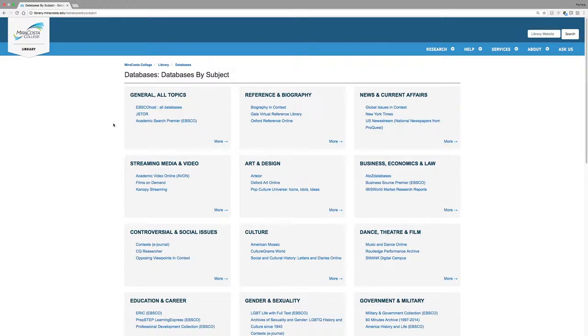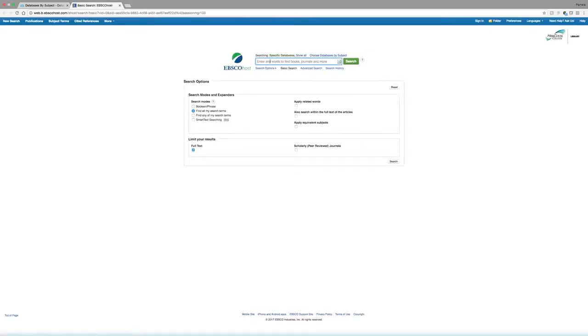As explained in the lecture, Academic Search Premier has thousands of magazines and journals and some newspapers. So it's a good place to start when you're looking for periodicals. We're going to use the basic search. Later on, we'll get more into the advanced search. So let's use the same search we just saw in the lecture, which is immigrants and